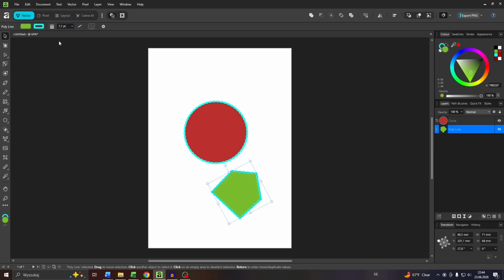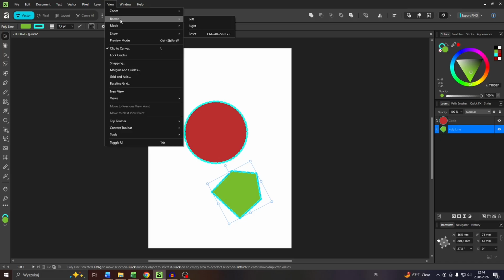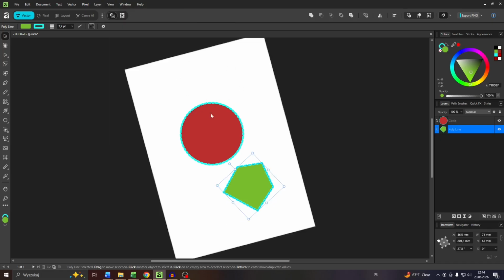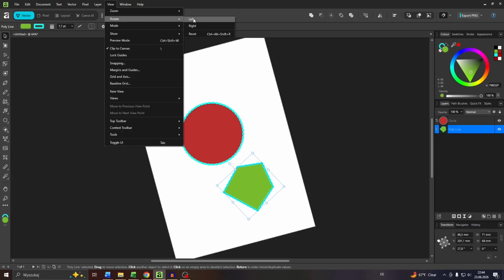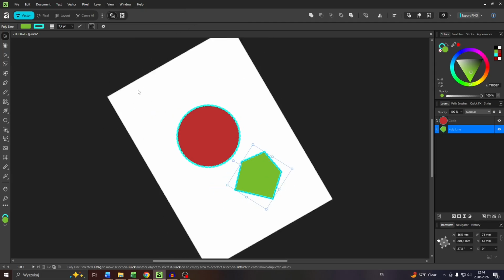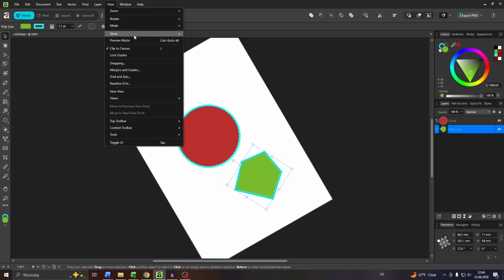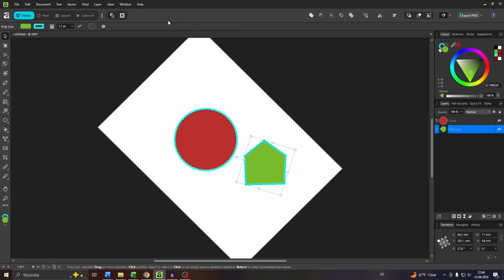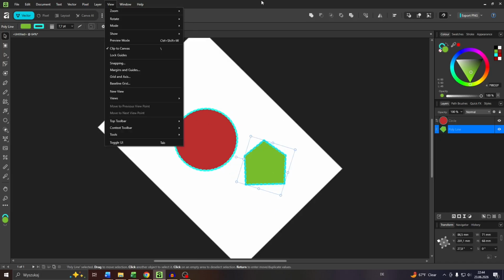But you can also do the following, guys. What you want to do is click into view here at the top, hover your mouse over rotate, and now you can use one of these options, left or right, and rotate the canvas that way. So not by 90 degrees, but somehow, by 10 or 15, for example, and rotate the canvas like this. While the objects will keep their